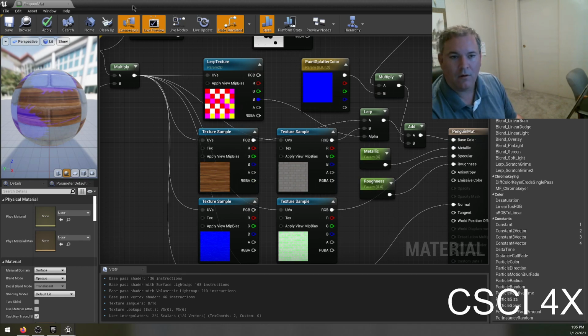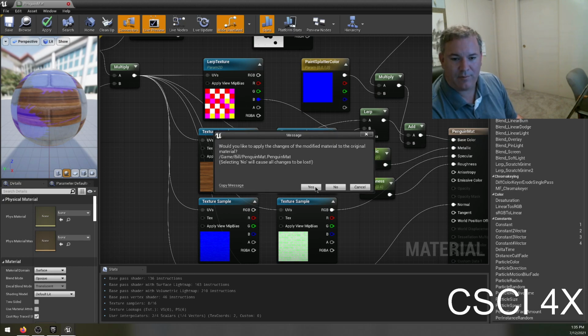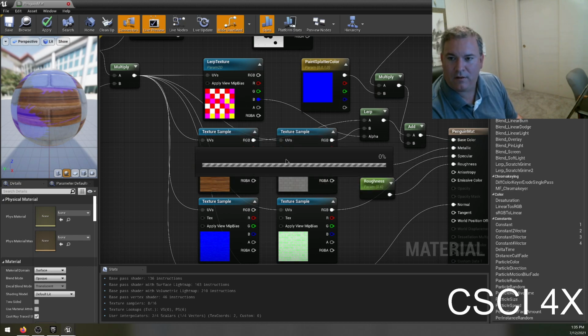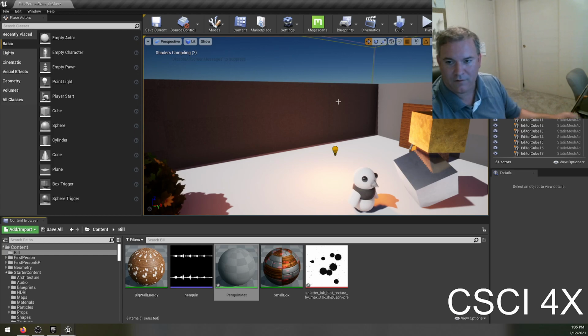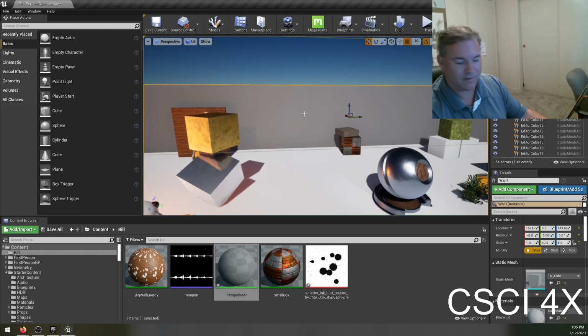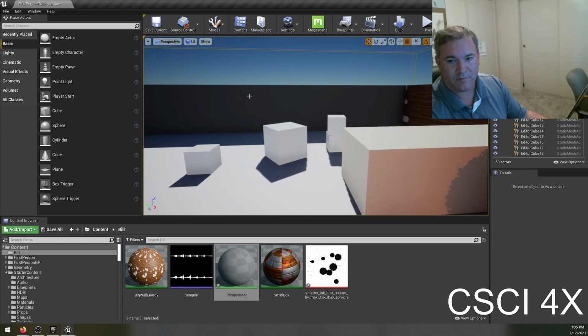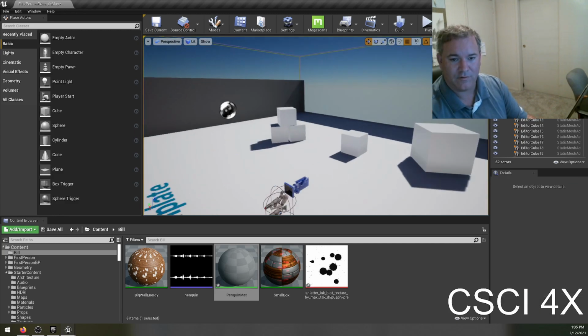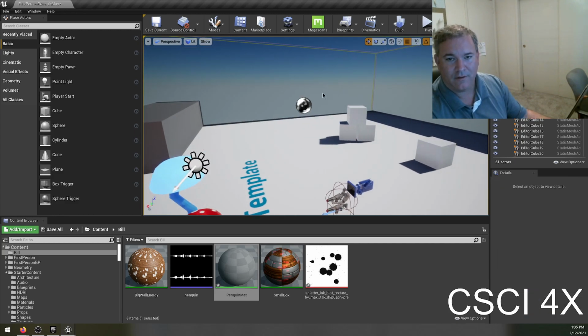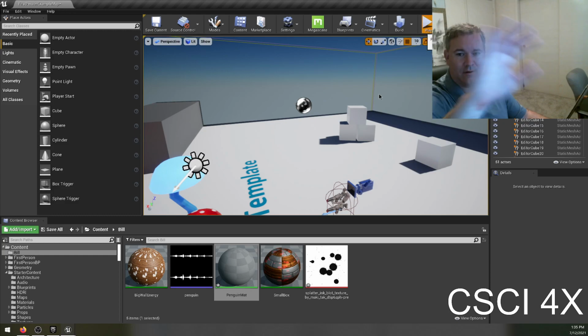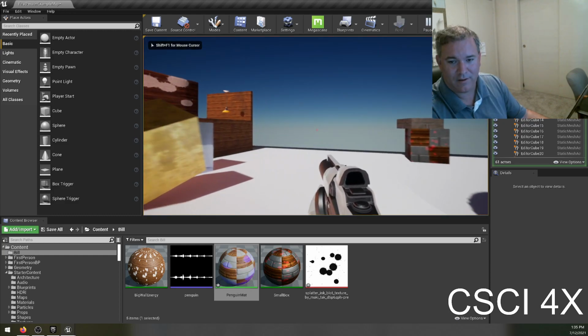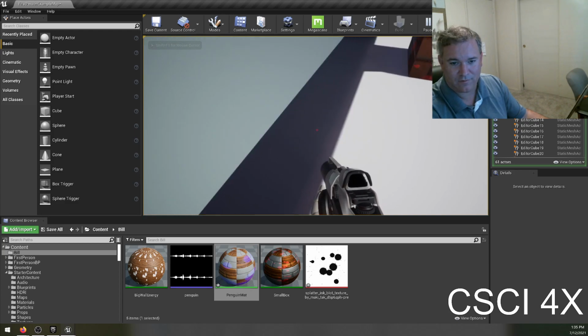Okay. All right, so let's get into landscaping. You want to save it? Sure, why not? Let's get into landscaping, because landscaping is kind of a fun part of the class. So I'm going to go ahead and take out a couple of these walls here. And the walls are there, you know, for your safety. What's going on? Did I lose my camera? Okay. Because without the walls, you can just